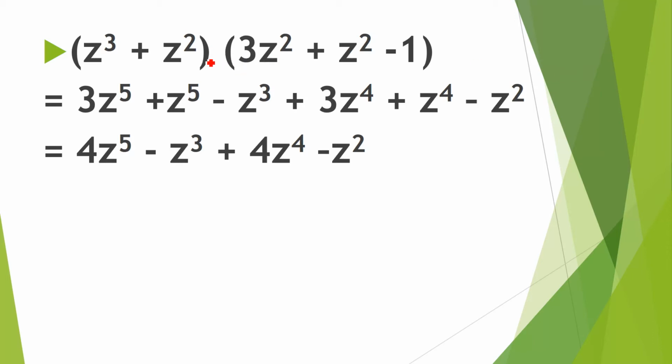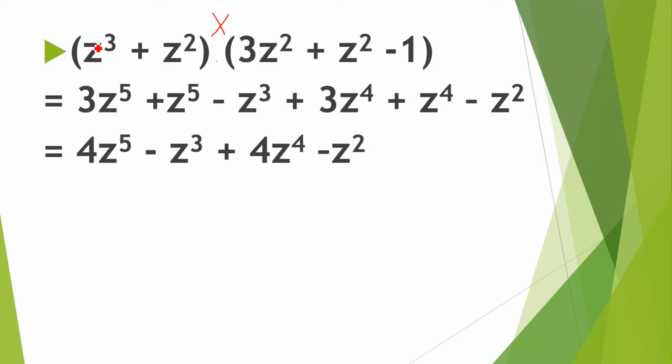Again, there is no sign. You have to be very careful about the signs or operation. If they do not have any sign between the parentheses, it means multiplication. You can represent the multiplication with the dot sign or with the multiplication sign. Everyone knows this sign. So first we will multiply x cube with this parenthesis, then plus z square with this